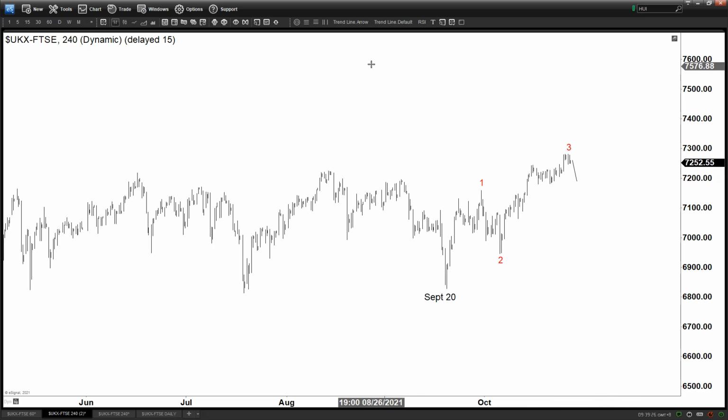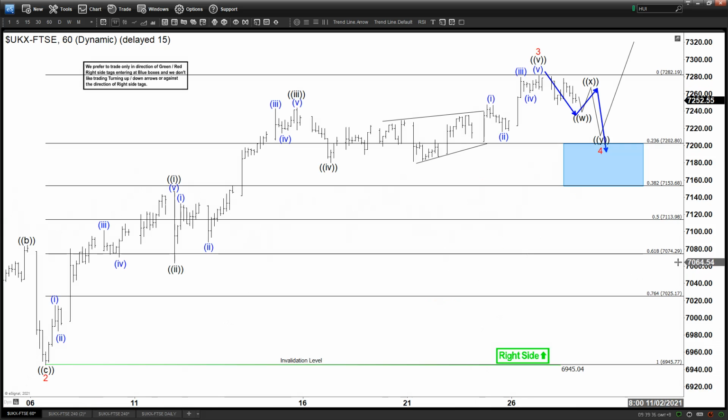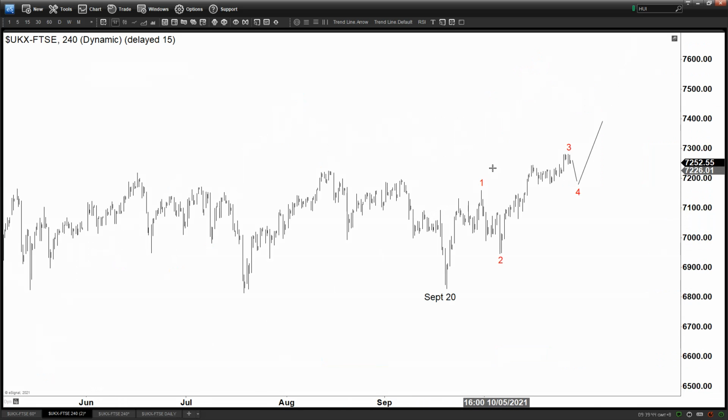Okay, and therefore we might still be able to get another push higher, as long as the wave 4 here does not drop too much, for example below 50%, and all the things that we talked about earlier, right? Now what will be the alternate? Well, the alternate is always going to be, okay, we finish this entire thing, and then we can be correcting a larger degree cycle from September 20, and we could be doing a bigger pullback like this. Instead of wave 4, it could be doing a bigger pullback before higher again,